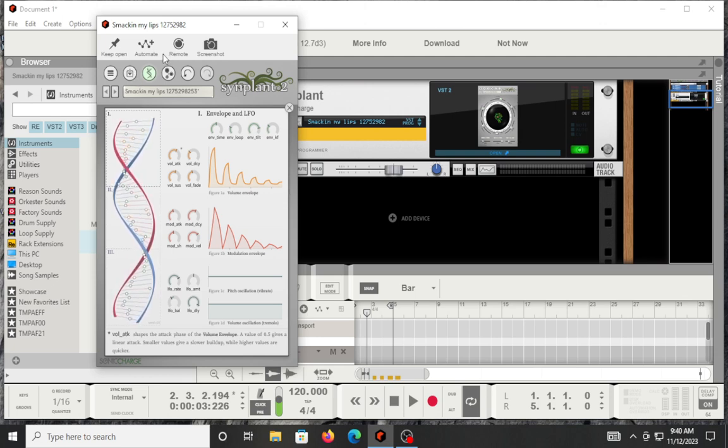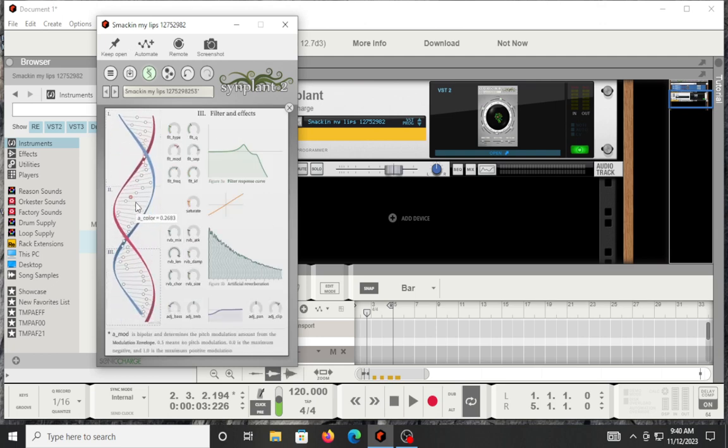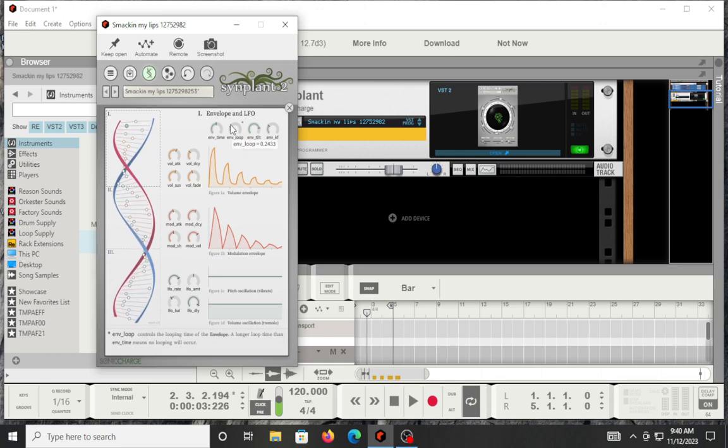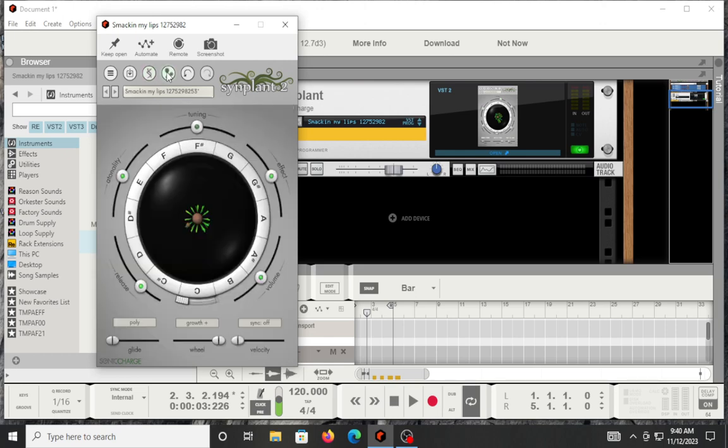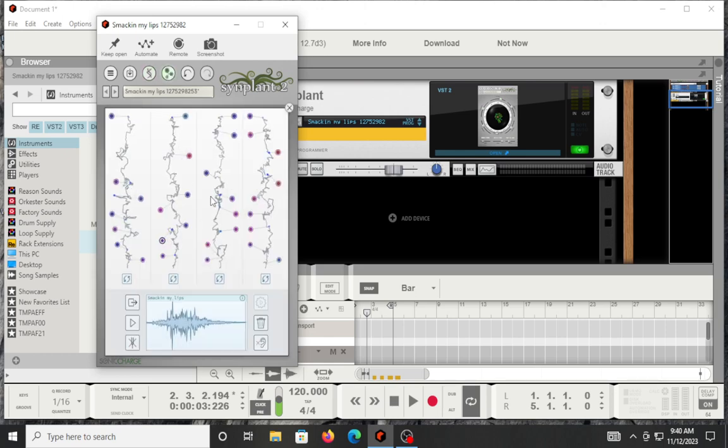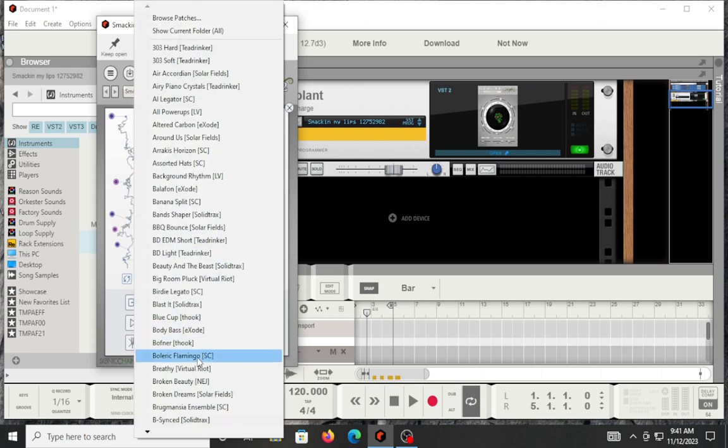Anyhow, getting back into it, I think this is a great plugin. The interface is very engaging. Once you get past everything, it's pretty straightforward in terms of what's underneath the hood. I like how they roll everything out. The ability to take samples and create different variations from them, I think that's really cool. And you can do some neat stuff with that. Circle back into it, bounce it out, and then make more patches and see what you come up with. There's some good patches in here, you know,